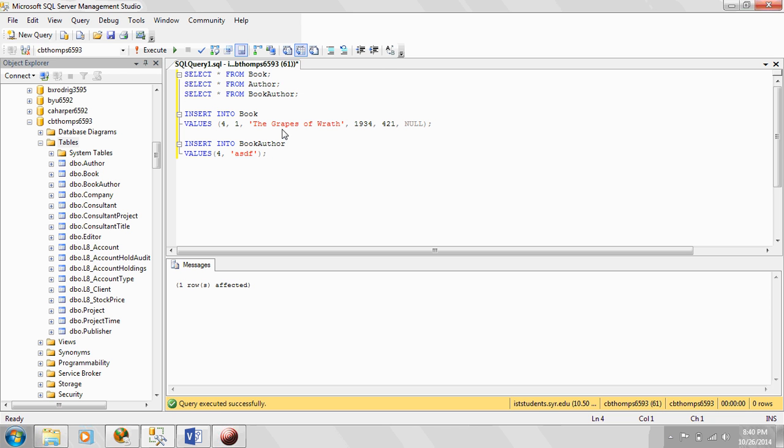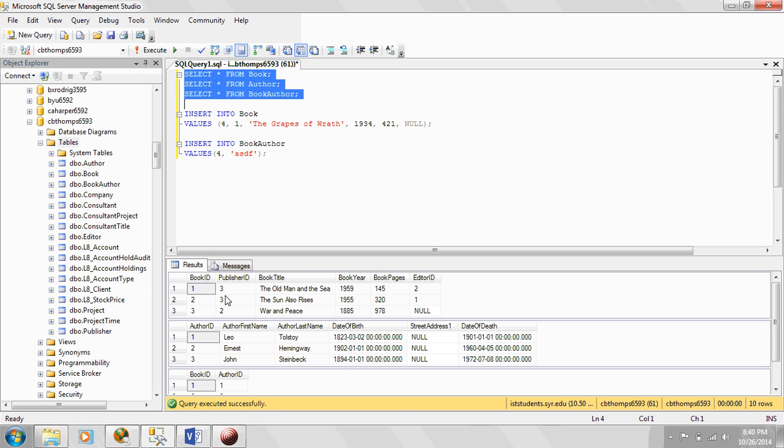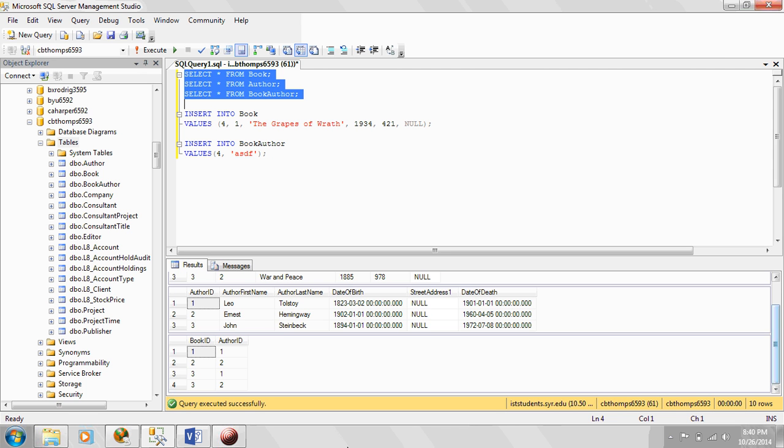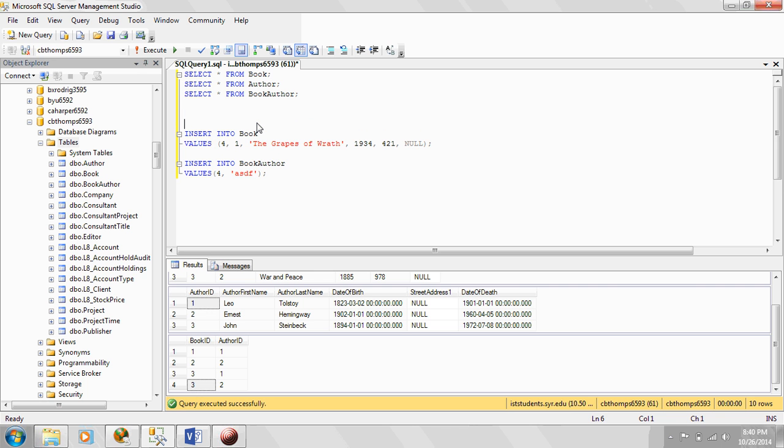Okay, that's back to where it should be. Let's see how things look. Okay, we've got our original 3 books, we've got our authors, and we've got these records here. So now we've sort of reset the system. Now, what if we do the same thing